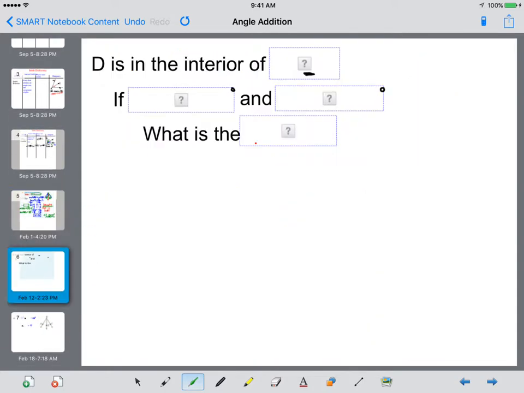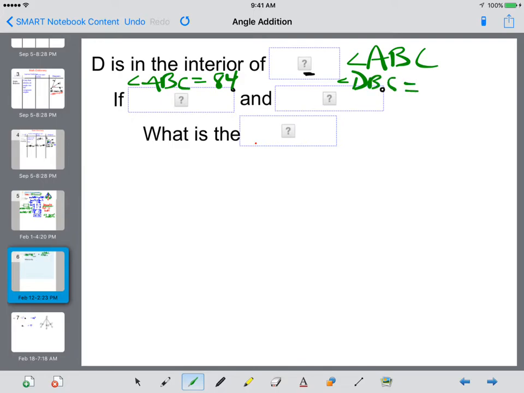Let's take a look at this example. Alright, I'm missing a couple pictures. So D is in the interior of angle ABC. If, I believe it was angle ABC equals 84 and angle DBC equals 34 degrees, what is the measure of angle